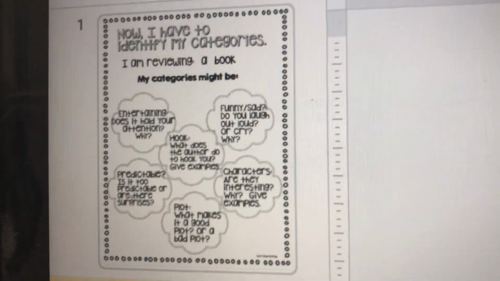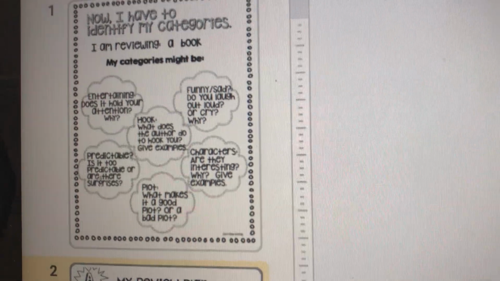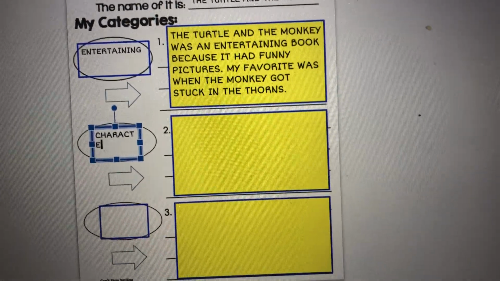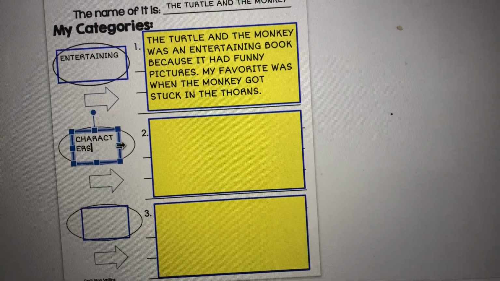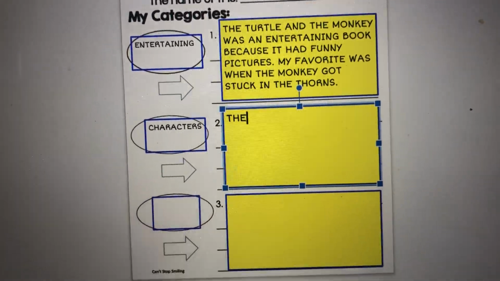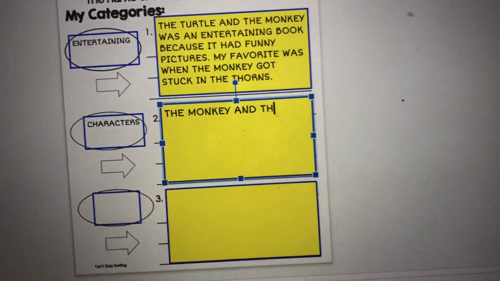My second category, I'm going to go back over here to the front part. Let's see, what can I talk about? I'm going to talk about the characters. So I'm going to write here that this is my category just to help me keep it in my mind. And then I'm going to talk about the characters of the monkey and the turtle. The monkey and the turtle